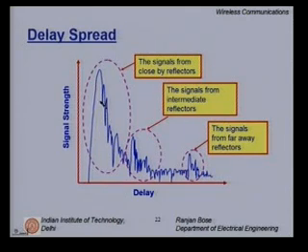What is to be understood from this curve is that your signal spreads. Okay, this is the delay spread. Then you have signals coming from different reflectors, and it's possible that you cannot resolve all the reflections, like in this case. I cannot resolve the multipaths, they are clubbed together.